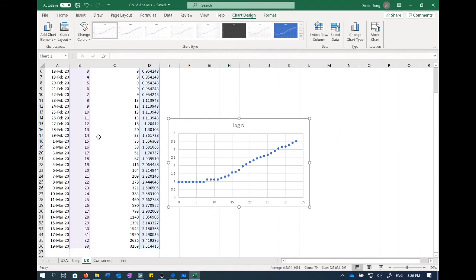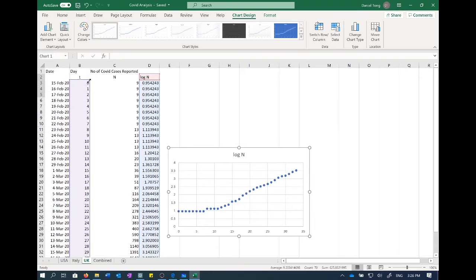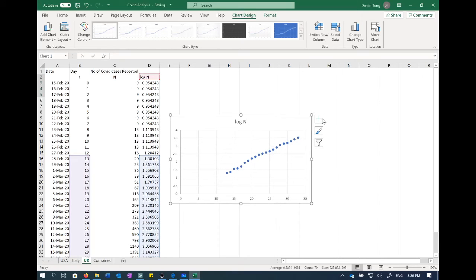So let me do some adjustments to remove these first few cases. So maybe around 15 onwards, right? Like that. Okay. So now based on this data set, the first 12 data points I ignore. Then Excel is really very cool. It can help us to draw a best fit line as well. From the best fit line, not only can it draw the best fit line for us, it can